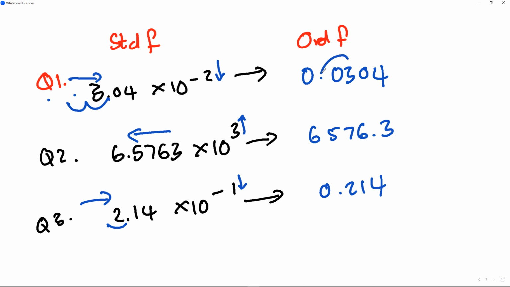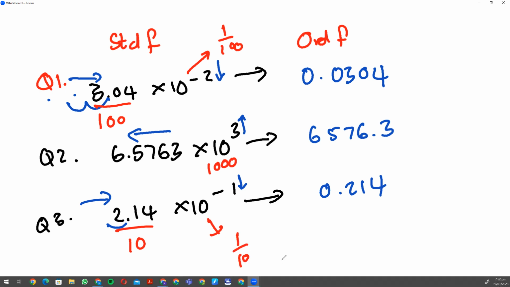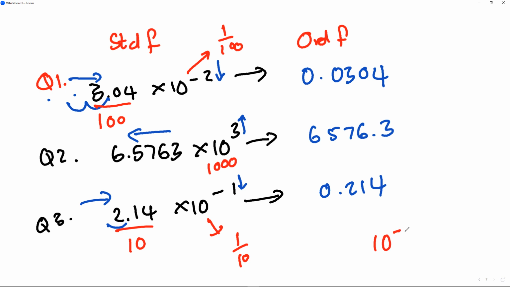If I had to go right twice, I would have to then move it down. You can use method number two if you like that. Divide this by 10 squared, which is 100. This one is 1,000, so multiplied by 1,000. This one divide by 10. And that would get us to the same solution. Because that is 1 over 100, and that is 1 over 10. Remember that 10 to the power of negative n is 1 over 10 to the power of